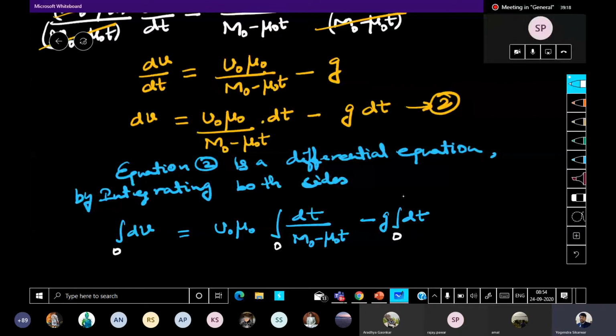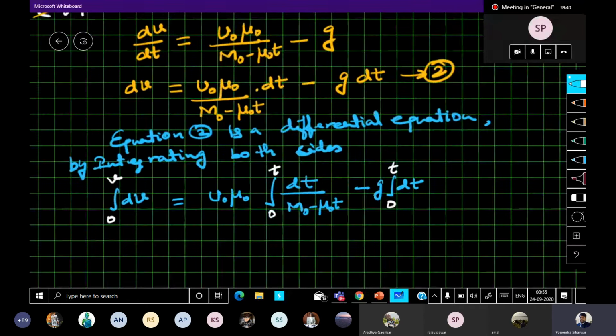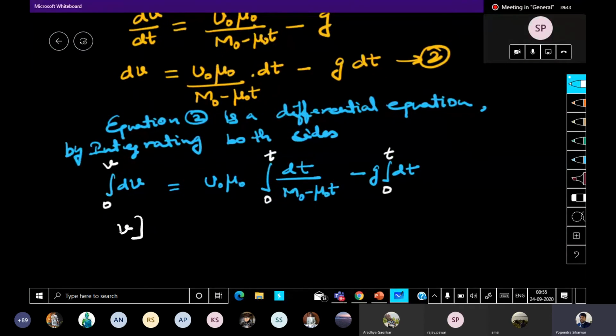When time becomes t, velocity will become v, and that is what we are trying to find, the velocity at time t. That is how our limits are going to change, correct? So integration of dv will become v, with limits from 0 to v, is equal to u naught